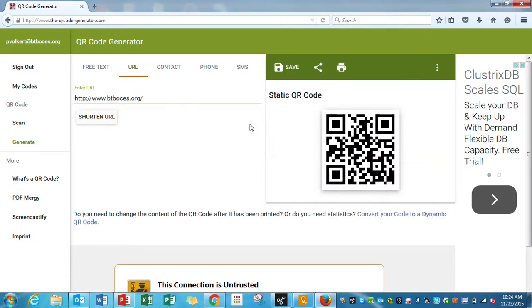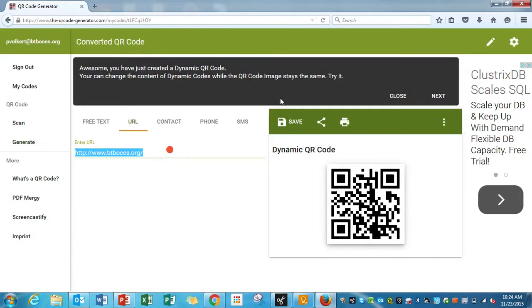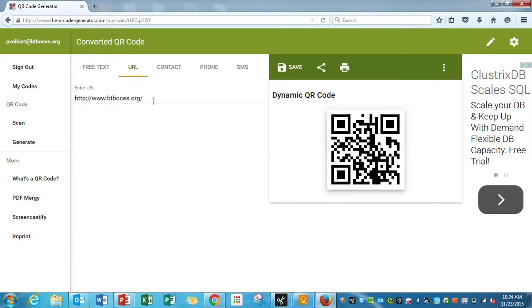using that QR code. Now I see I have an option down below here to convert your code to a dynamic QR code. So I'm going to click that, and you'll see that it's creating it right now. So it's all set. So what I want to do is change this. Say I handed this code out to all of my students or all my parents, and it leads to this site. Well, I want to take them to a different site because let's just say that this one changes. Instead, I want to take them to